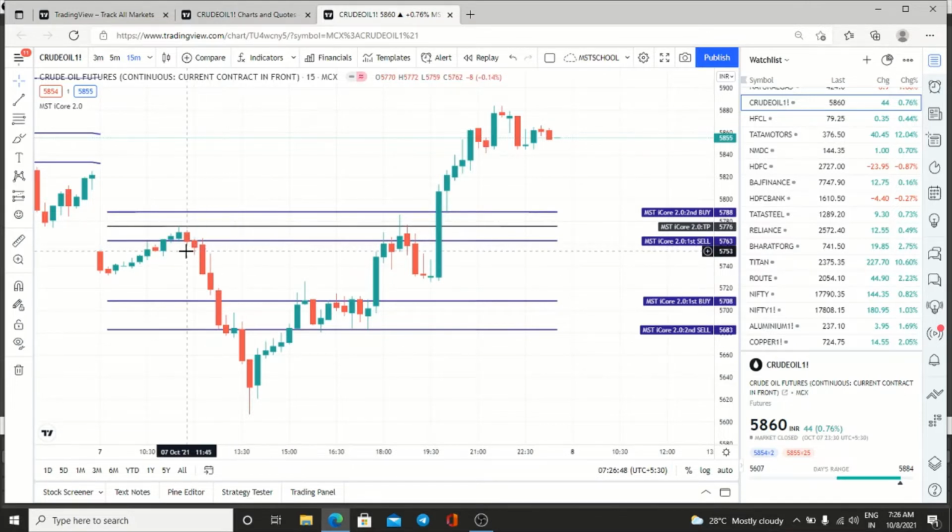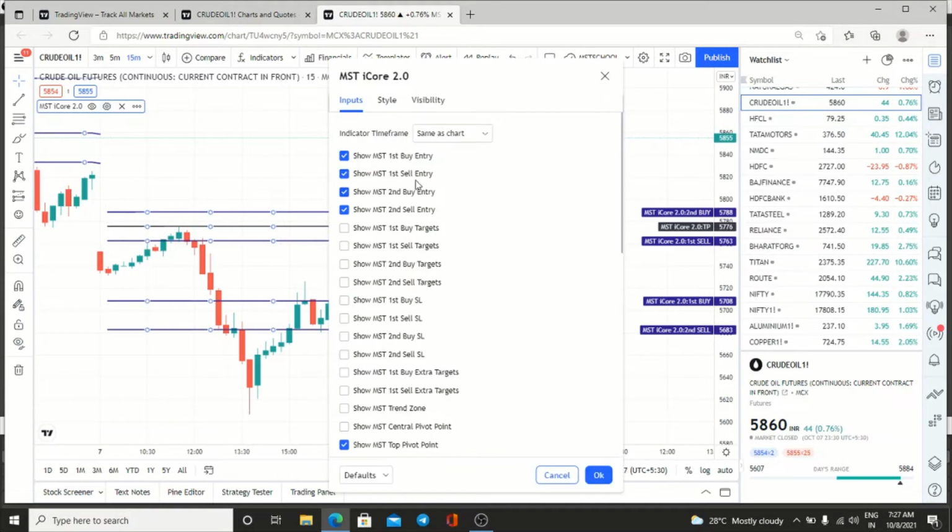So now the entry will be the second candle low, 5759. When the low is broken, what you have to do is take the closing price of that candle. What is the closing price of that candle? 5762. So the next candle will give you the 62 entry. See the high, it is 5764. Our entry is 5762, and the high made was 5764. Even the next candle's high made 5765. So now we have got the confirmation for our entry that we can go for the sell from the first sell, 5763. So all the targets were achieved successfully.